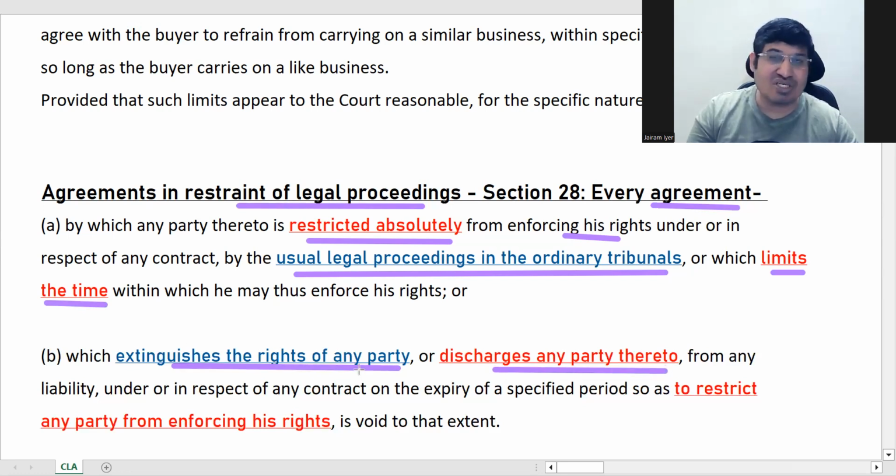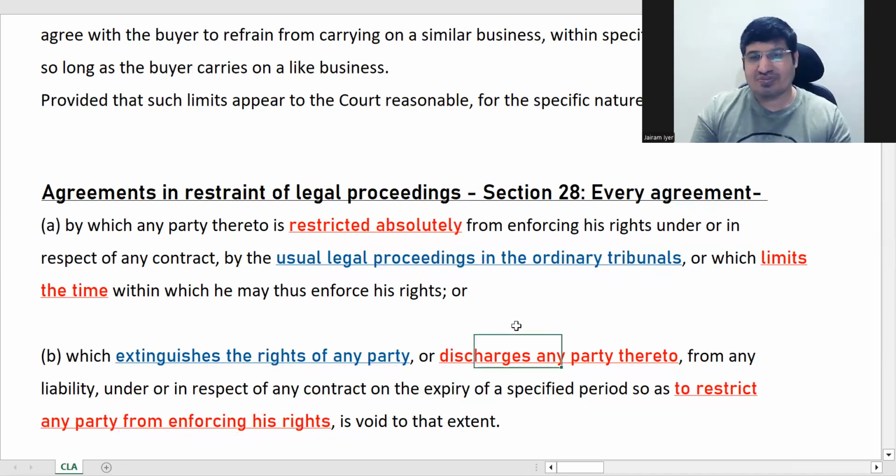Okay, you're extinguishing the right of any party, or you're taking away rights, and your intention is to restrict him from enforcing his rights. How can this happen? How can you discharge a party or extinguish his rights to restrict him from enforcing his rights? So basically, in certain cases, say you have